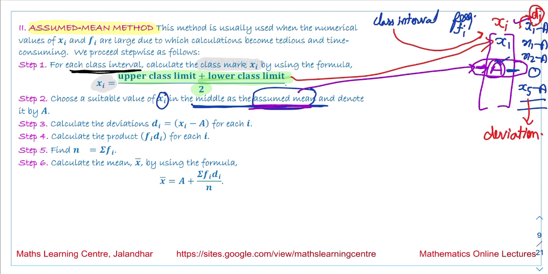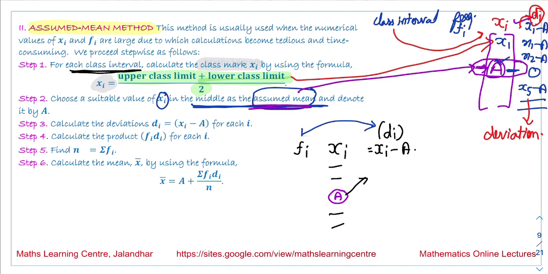Now the next step. We have the value of fi, we have the value of xi. From this xi we have assumed a number a. Next we have calculated the value of xi minus a. From each xi we have subtracted this number a, and we call this number di. The next step is to multiply fi and di. Earlier, in the previous method, we were multiplying fi and xi. Now we are not multiplying with xi, but with di, and the sum of these values is sigma fi di,